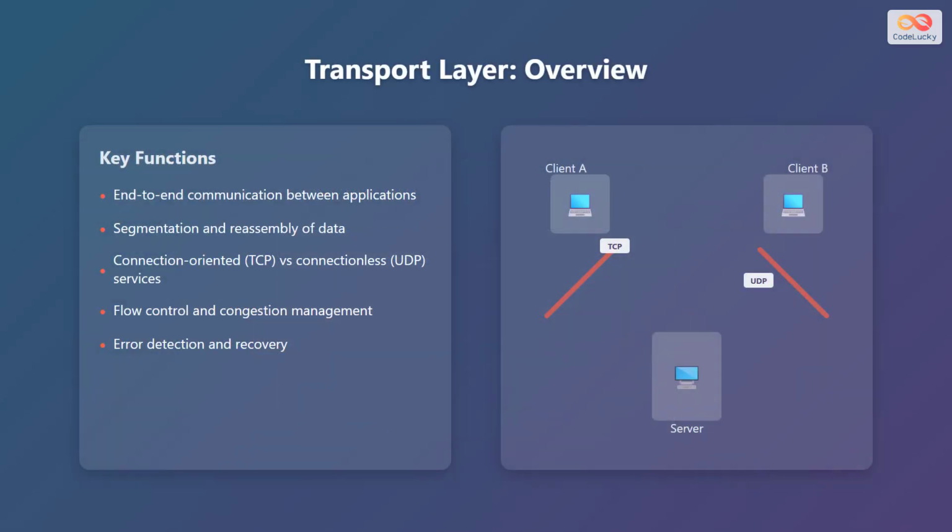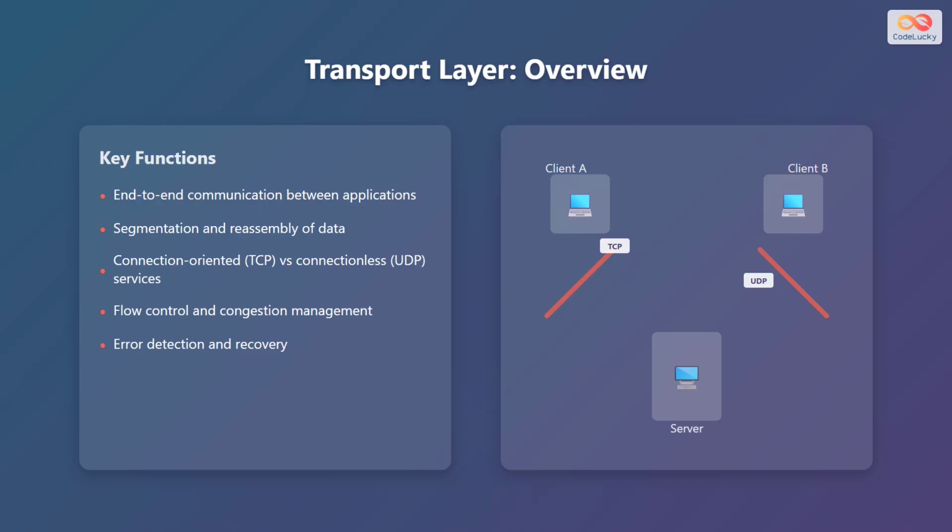Here is an overview of the transport layer. The key functions of the transport layer include end-to-end communication between applications, ensuring that data reaches the correct destination application. It handles segmentation and reassembly of data, dividing large chunks of data into smaller segments for transmission and reassembling them